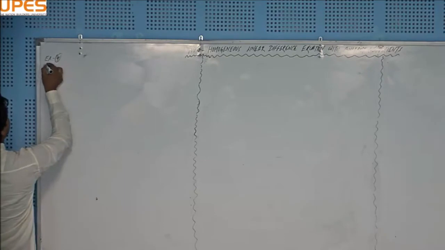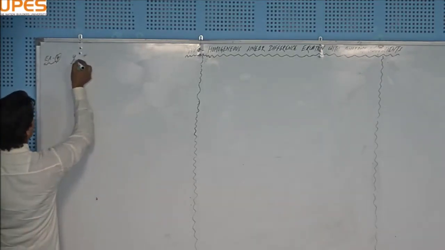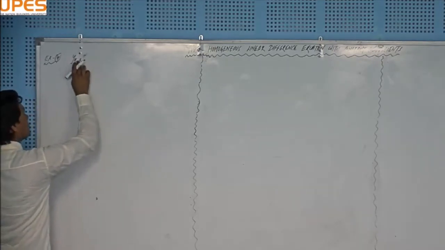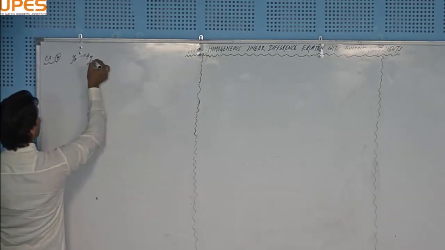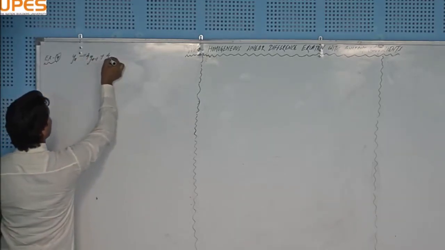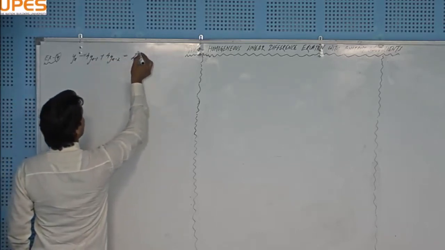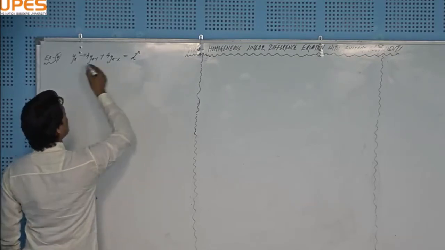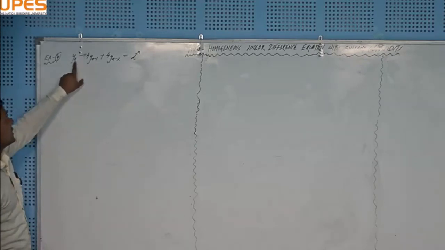Example number 4. This time I will take the difference equation as y n plus 2, or I should change this, should be y n minus 4 times y n minus 1 plus 4 times y n minus 2 is equal to 2 raised to the power n, right? Okay, and obviously you can see that the suffixes of this difference equation, this n minus 1 and n minus 2,